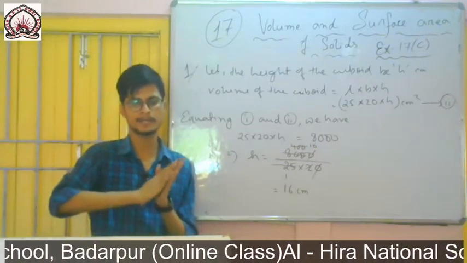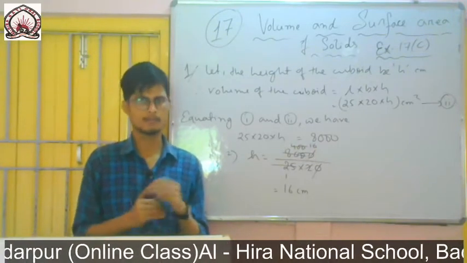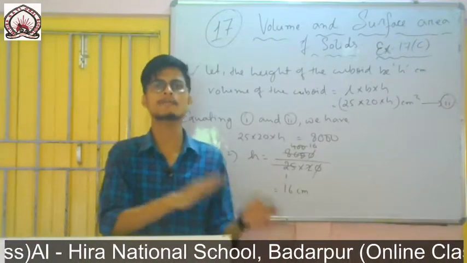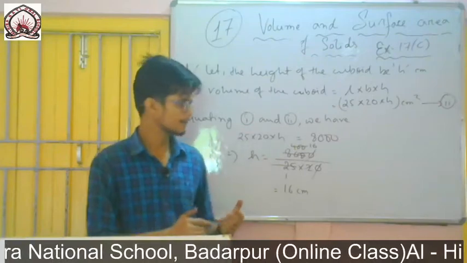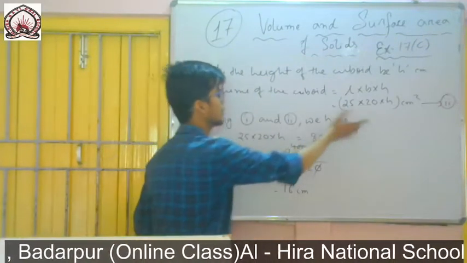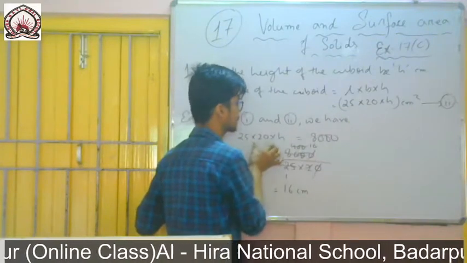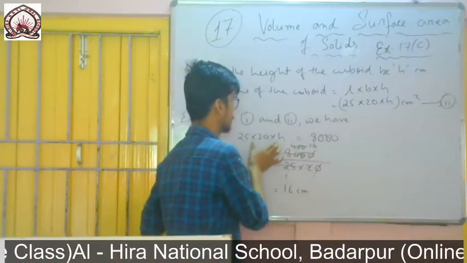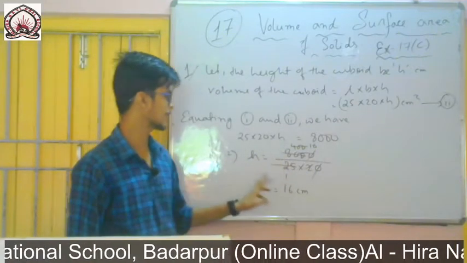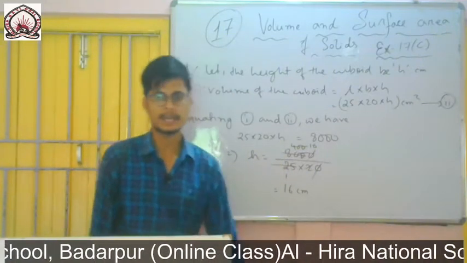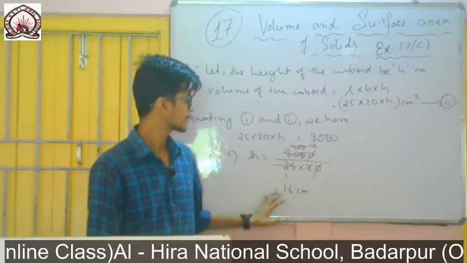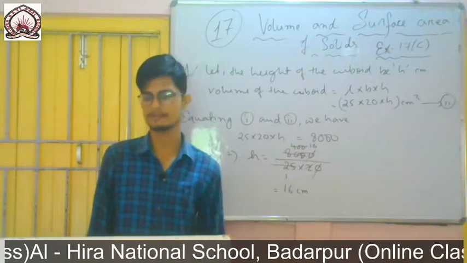First of all, what I have done, simply I have found the volume of the cube. The cube is melted and cast into a cuboid. That means the volume remains the same. So then I have found the volume of the cuboid, and since both the volumes will be the same, I have written this one will be equal to that one. The volume of the cuboid is equal to the volume of the cube, and from there I have found the value of h. So you write the last line, therefore the height of the cuboid is 16 centimeter.